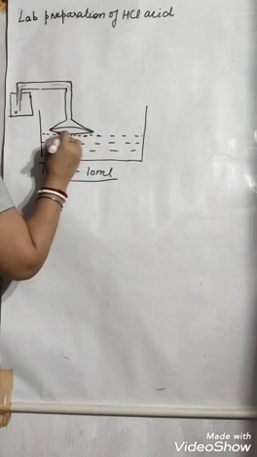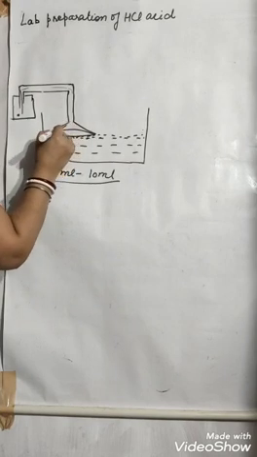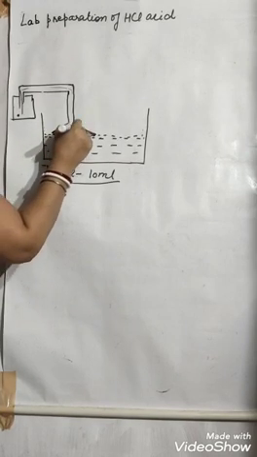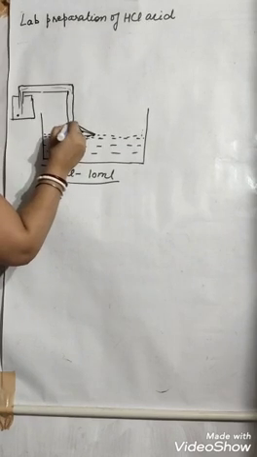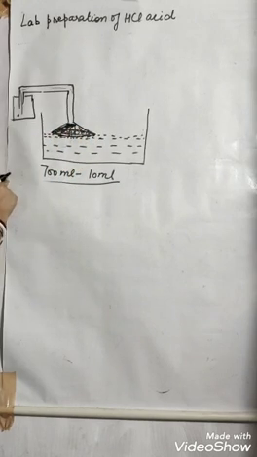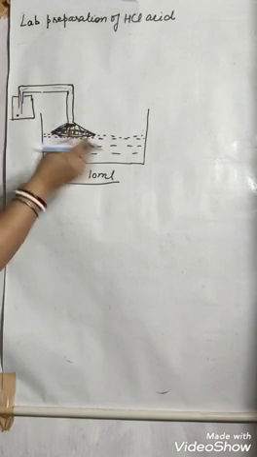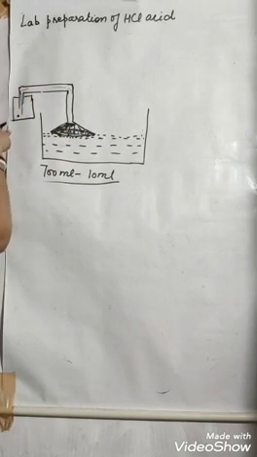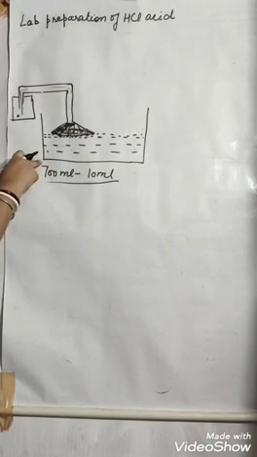The end of this funnel should touch the water level. Now HCl will come and it will dissolve from here. It will take time, meaning firstly all the HCl will fill up over here, then it will start dissolving. So time will be more. Meanwhile the production will be taking place and more HCl will come. Right or wrong?